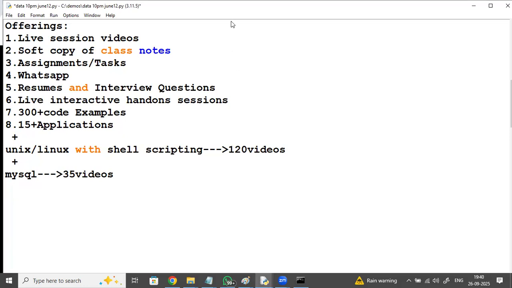So what applications? You have written down 15 plus applications. We are going to build using Python code. For Python core and advanced, there are 300 plus code examples.